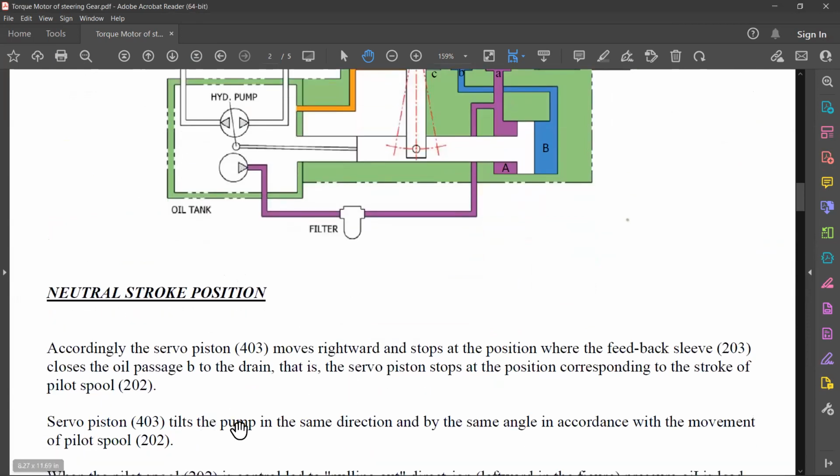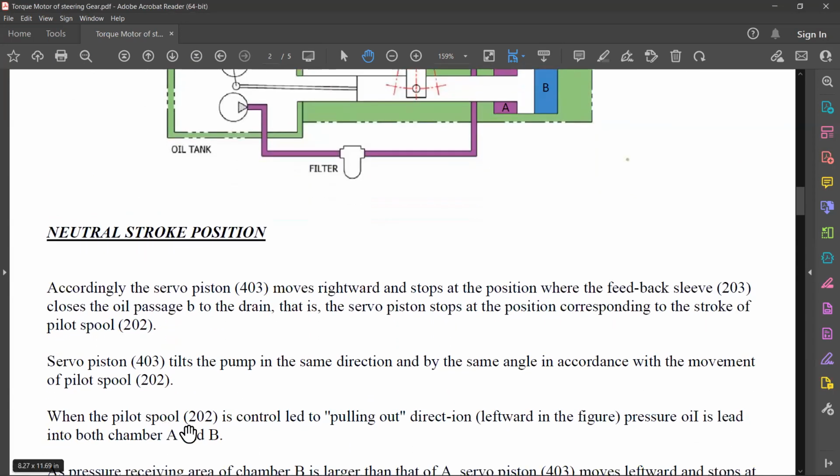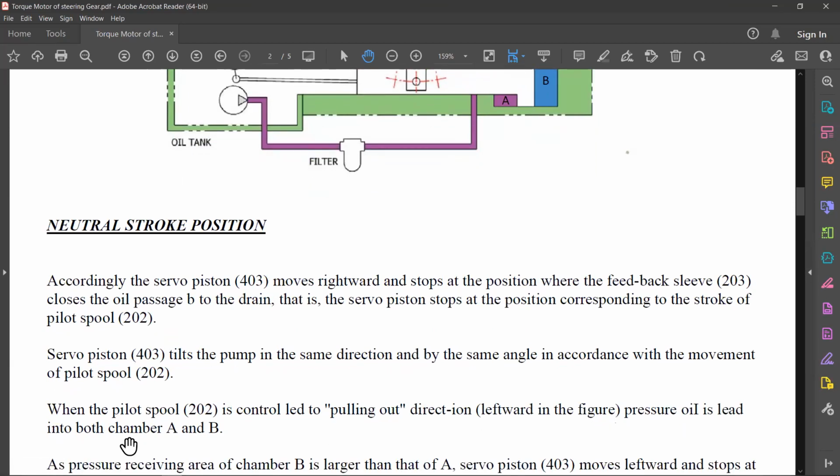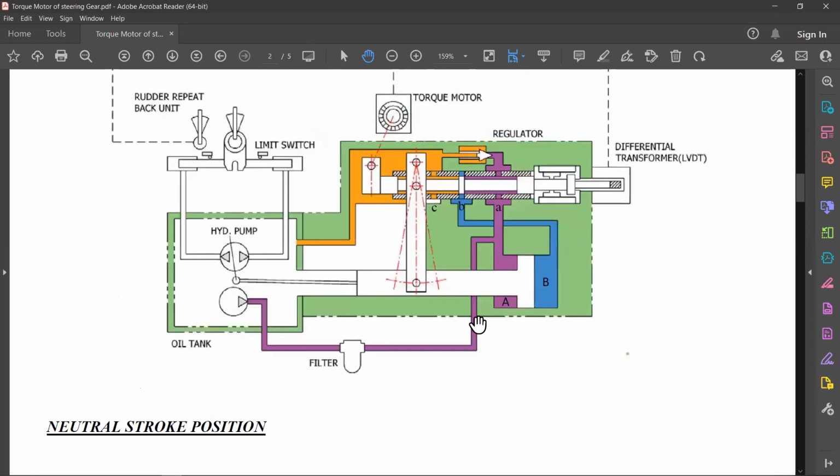The servo piston tilts the pump in the same direction by the same angle in accordance with the movement of the pilot spool. When the pilot spool 202 is moved to the pulling out direction, meaning leftward in the figure, the pressure oil is led to both chambers A and B. You see this,